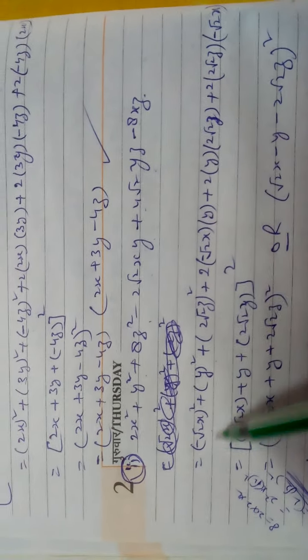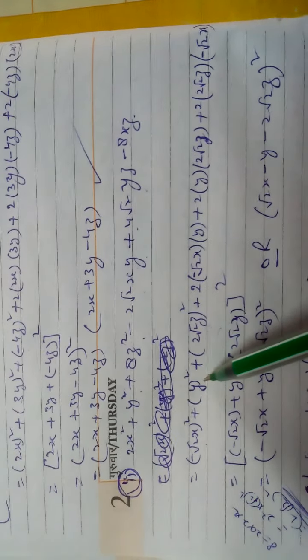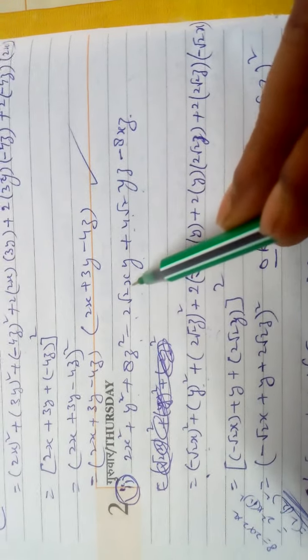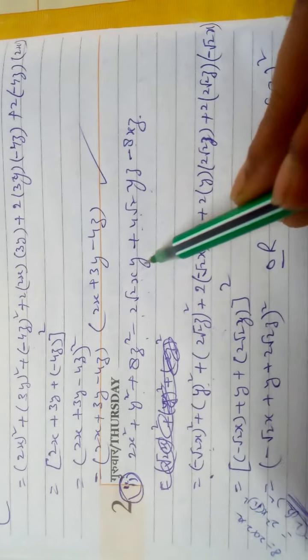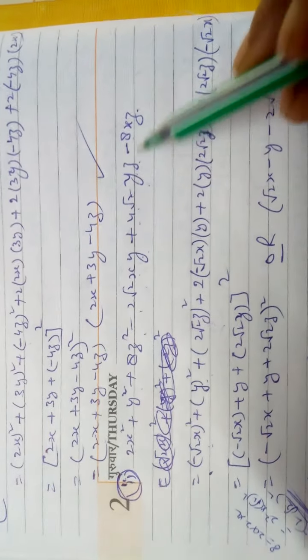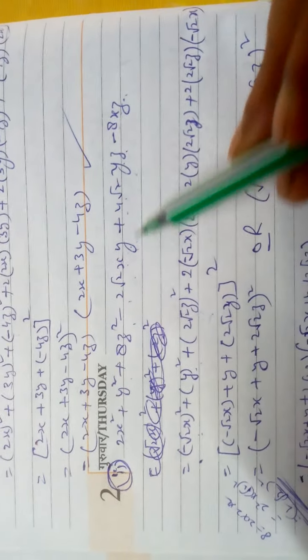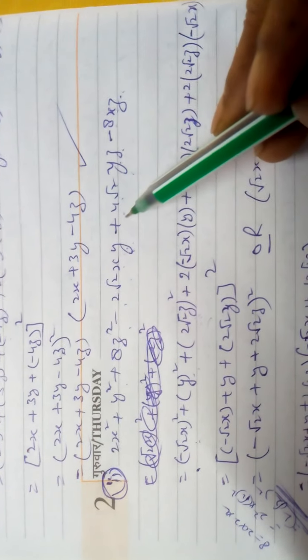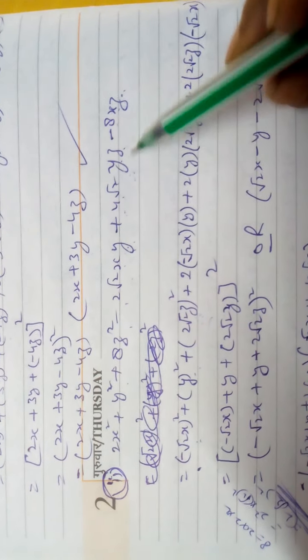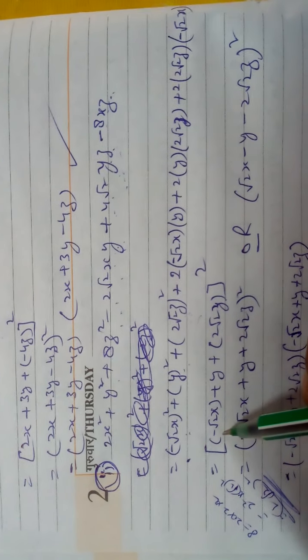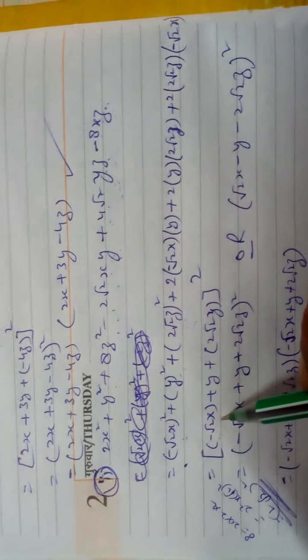Here, 3 terms you are getting. Out of 3, which will be negative, that decides the sign. Out of xy, any one is negative. Out of yz, any one is negative. Out of xz, any one is negative. Here you see, if y is negative, then it will also be negative. But here it is positive. It means y and z both are positive. Only x is negative. So you put in front of x minus root 2x.